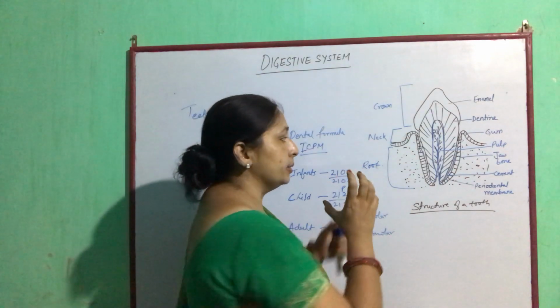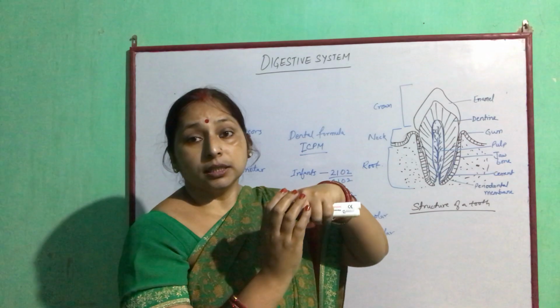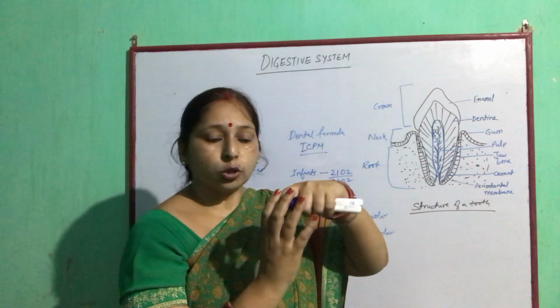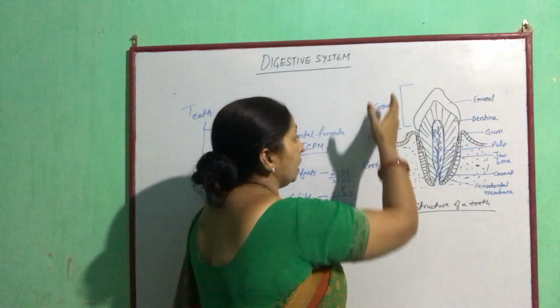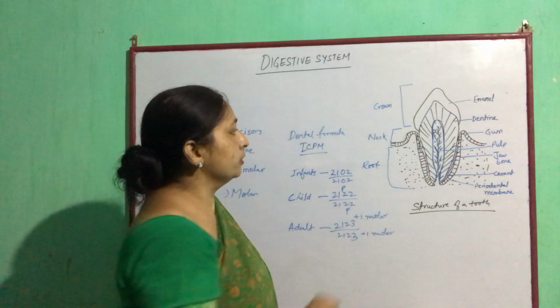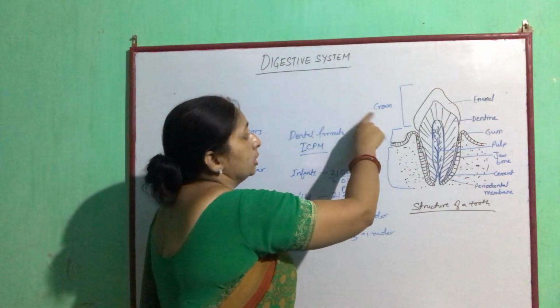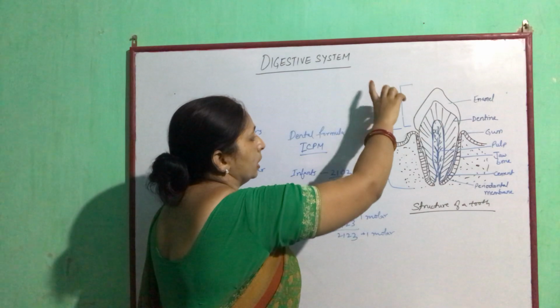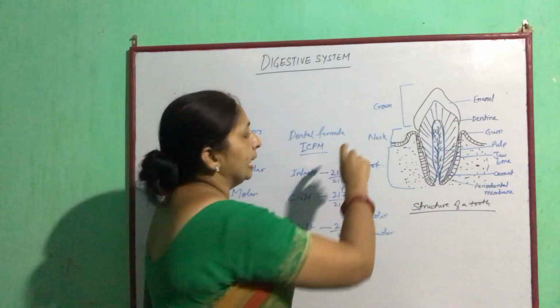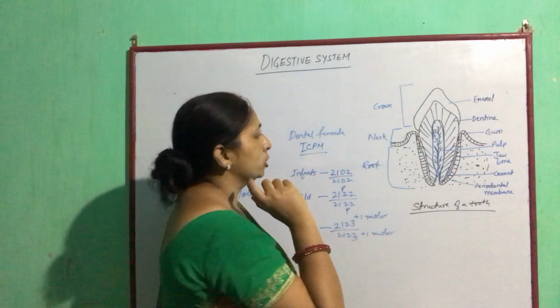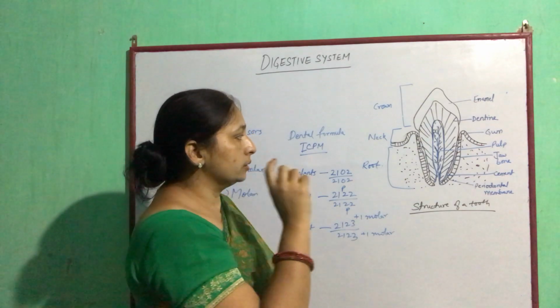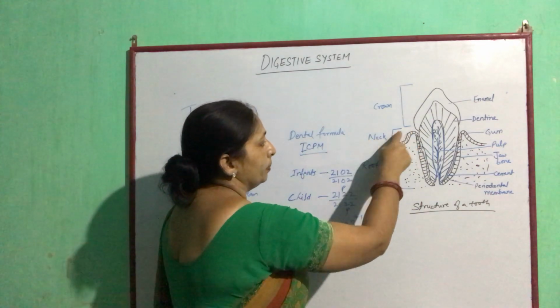This helps in fixing the teeth in the jaw or in the socket. Now the three important parts of the teeth are crown, neck, and root. The crown is the upper enamel part. Neck is the part which is embedded in the jaw, along with the upper part or lower part